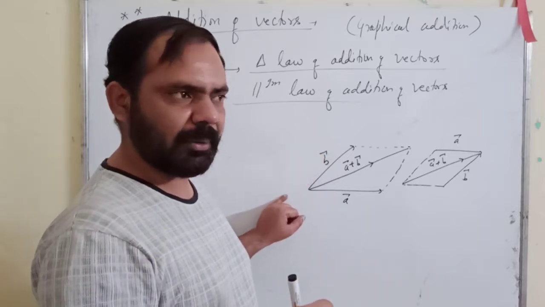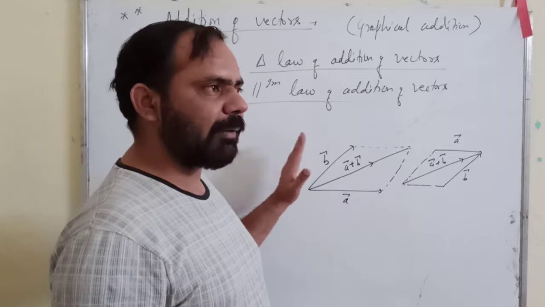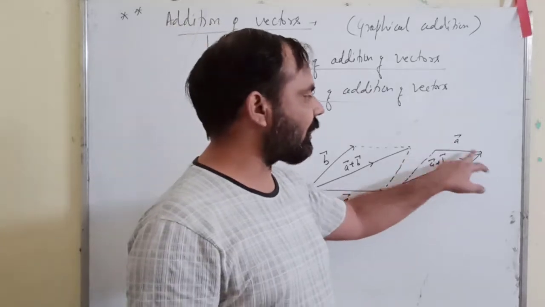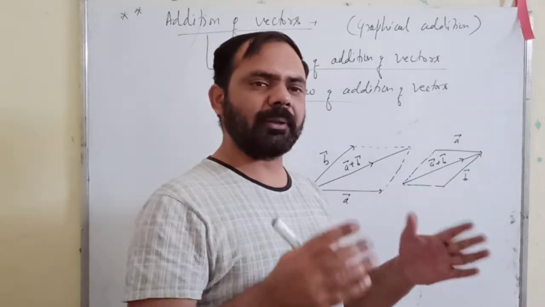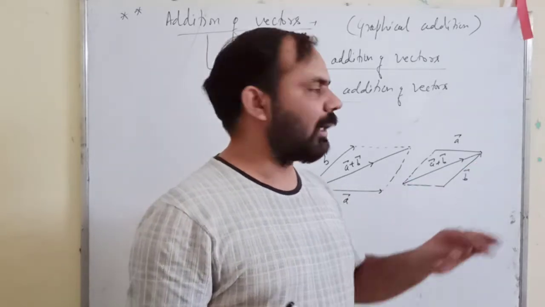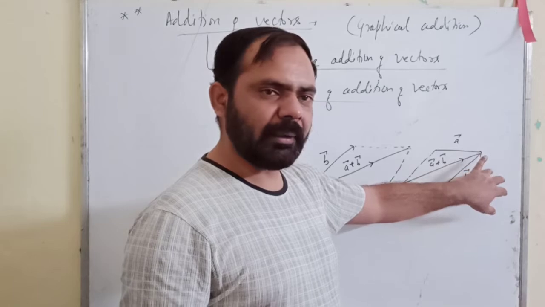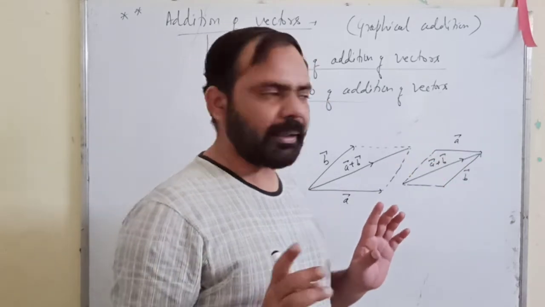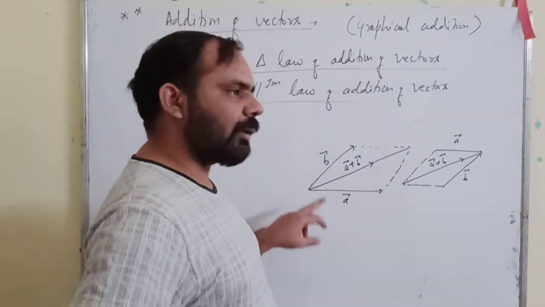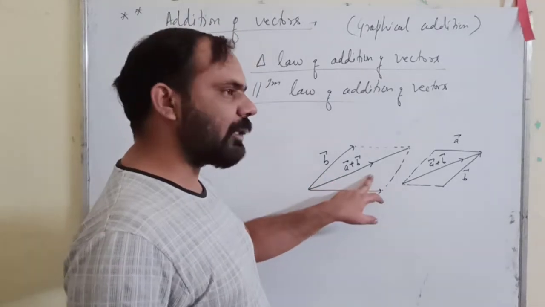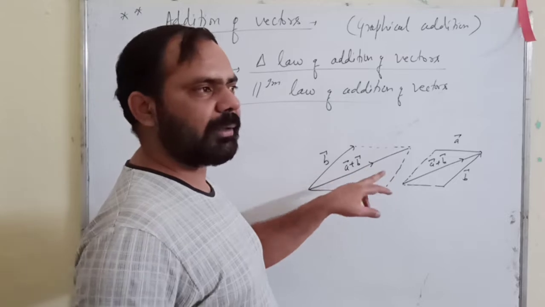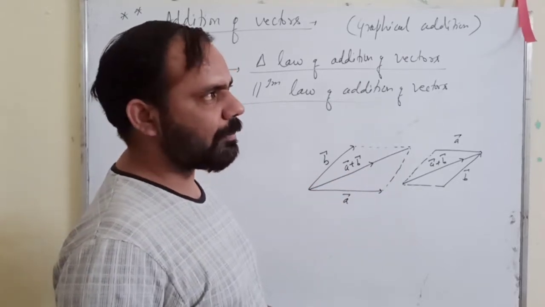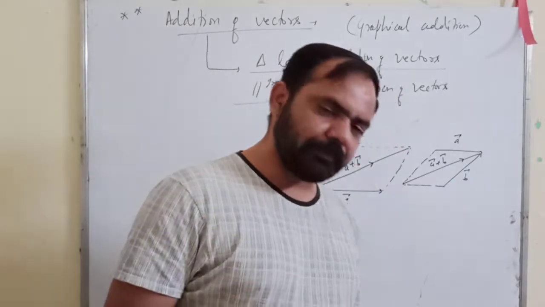The resultant and the given vectors must have the same initial point or the same terminal point, depending on the condition of the given vectors. If the given vectors are co-terminal, then the terminal point of the resultant vector should be common. If the vectors are co-initial, then the initial point of that resultant vector should be common in this way. Are you getting it? Yes, sir. Is it okay?